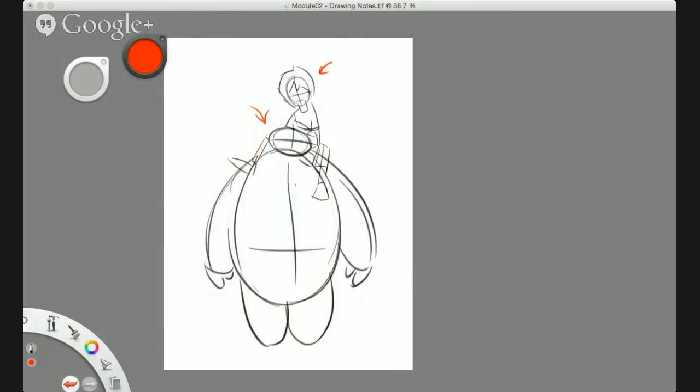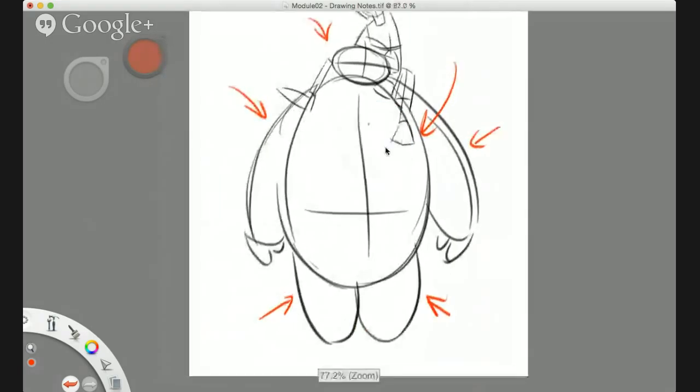So these are the shapes that you want to start off with first before you go into any detail whatsoever. And remember, I started off with the head, then I went to the torso, and then we went into the arms and legs last but not least. And we also spoke about having flat arms and three-dimensional arms. So if I turn this into